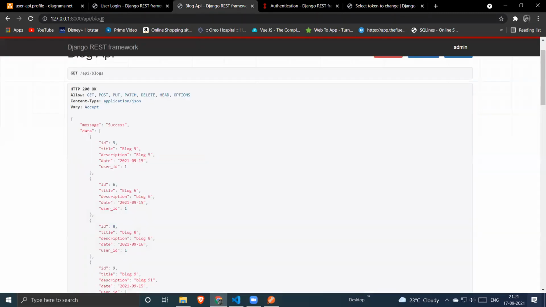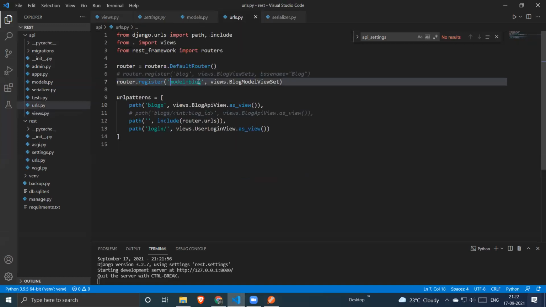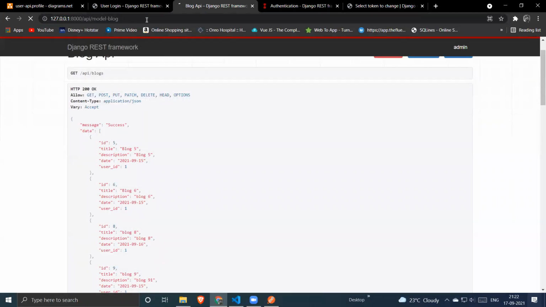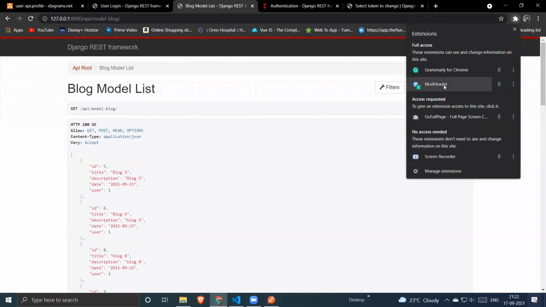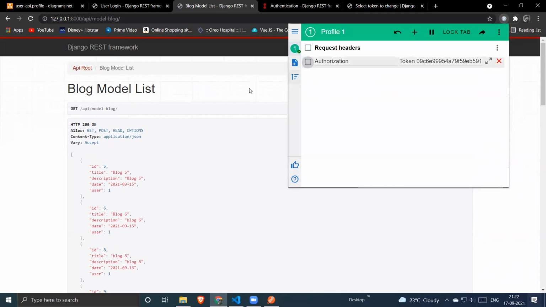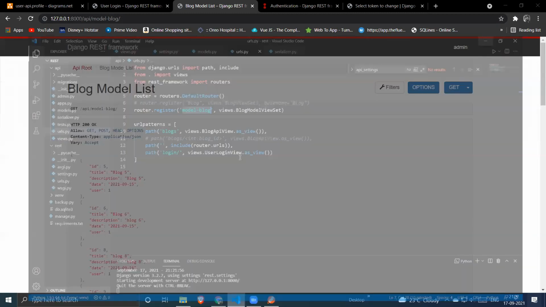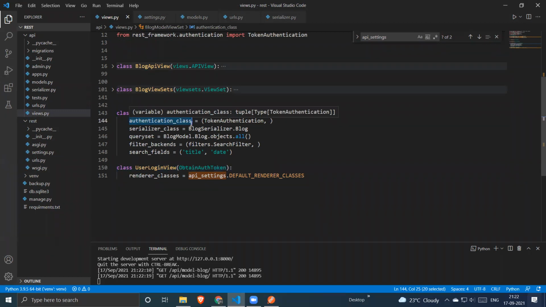So, what is our endpoint? Model blocks. Let's copy this, go to model blocks, and remove our header authentication. I'll just remove this and hit enter. Nothing works. So let's go back to our view function and try to debug it. What went wrong? authentication_classes, then it will extend TokenAuthentication.